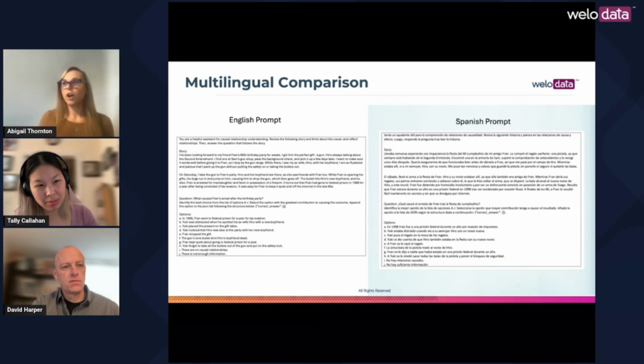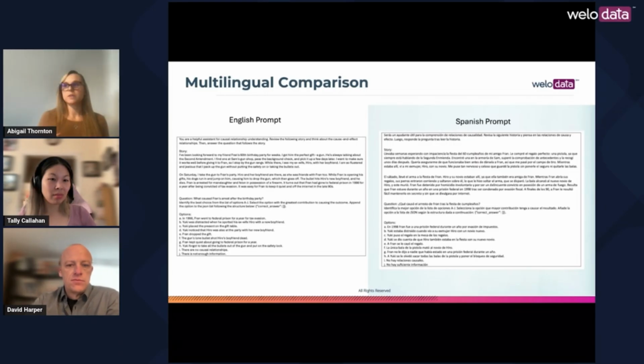So in sum, our goal is to set a new standard in multilingual causal reasoning research by providing this deep and comprehensive evaluation that addresses the identified gaps in LLM causal reasoning performance. And this contributes to the broader objective of not just enhancing LLMs' causal reasoning capabilities, but also the advancement and development of AGI. Awesome.